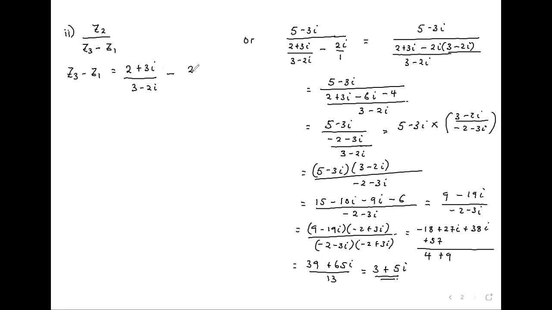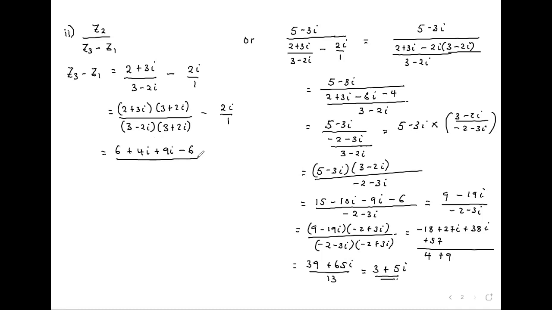Z1 is 2i over 1. So here we rationalize the first one, 2 plus 3i multiplied by 3 plus 2i over 3 minus 2i multiplied by 3 plus 2i minus 2i, we keep over 1 there. So we get 6 plus 4i plus 9i minus 6